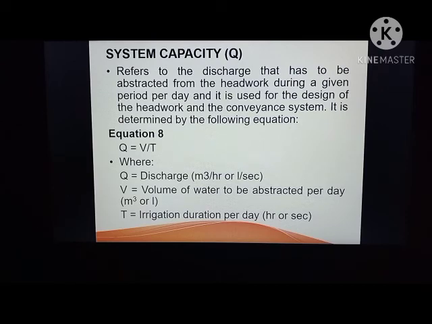Q is equal to V over T, where Q is equal to discharge, with a unit of cubic meter per hour or liter per second, and V is equal to volume of water to be abstracted per day, and T is equal to irrigation duration per day,